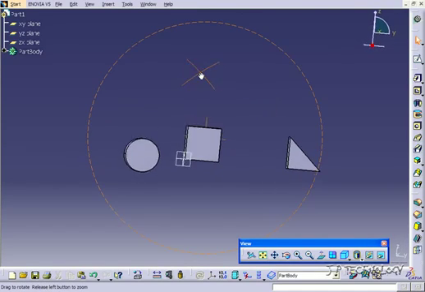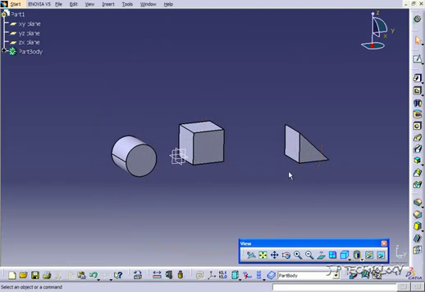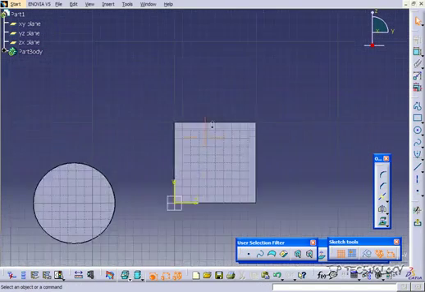Now what we're going to do is apply this feature to all of these parts here. Just like the previous tutorial on the pad one, the pocket one is going to incorporate a pocket, a fillet, and a draft all in one step with the one sketch. So again, this is going to save you time as it takes one sketch and one feature to complete 3 features all at once. So for the first one, let's click this face here, click Sketch, let's zoom in and